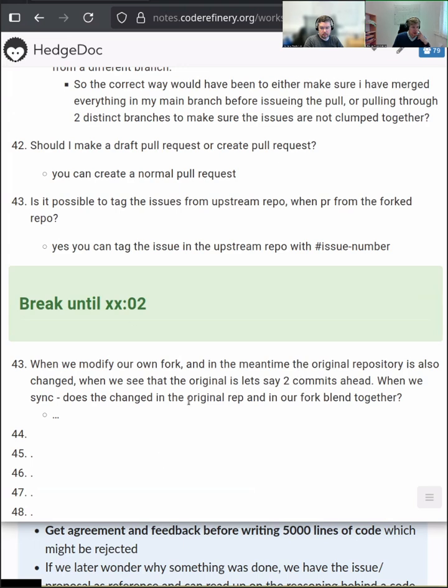So thank you very much for this question. It's good that you asked, because it reminded me of mentioning merge conflicts once again. In general, I would try to always sync the branch that I work on as frequently as possible with the upstream branch to make sure that they don't diverge too far. Because if you end up working with an outdated version of the code, then your changes are probably not going to be very welcome in the original repository.